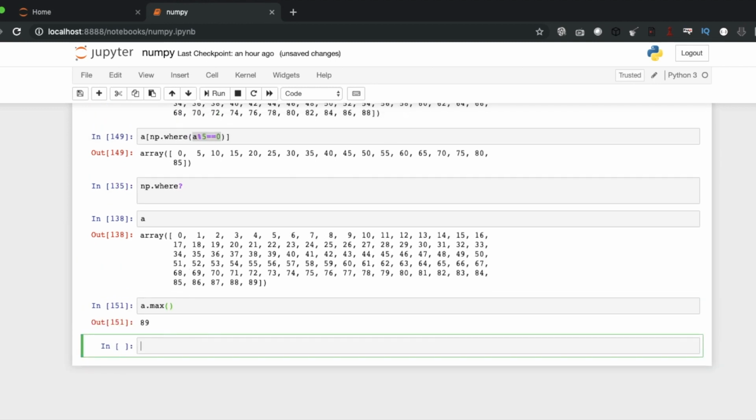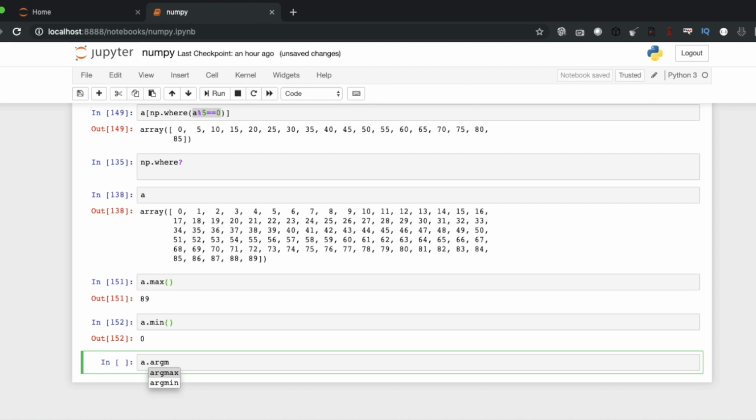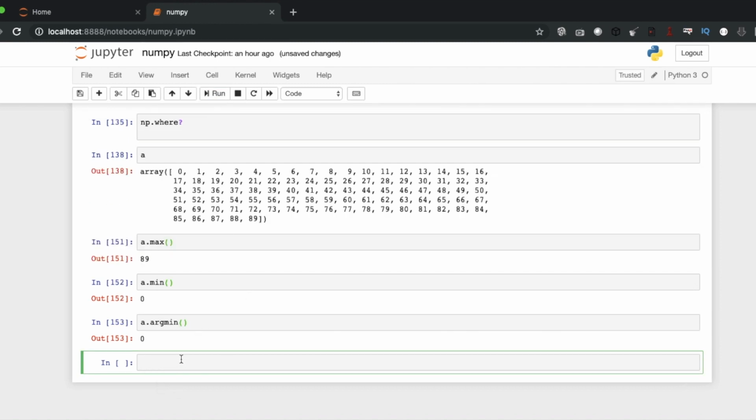A dot min. So this is 0. A dot argmin will print the index of the minimum element, and argmax the index of the maximum element.